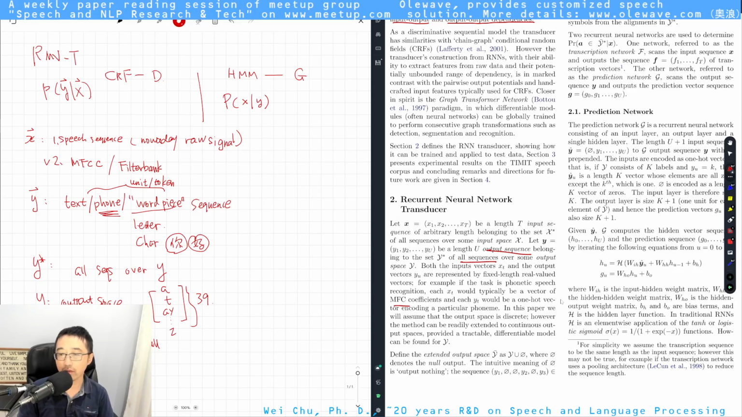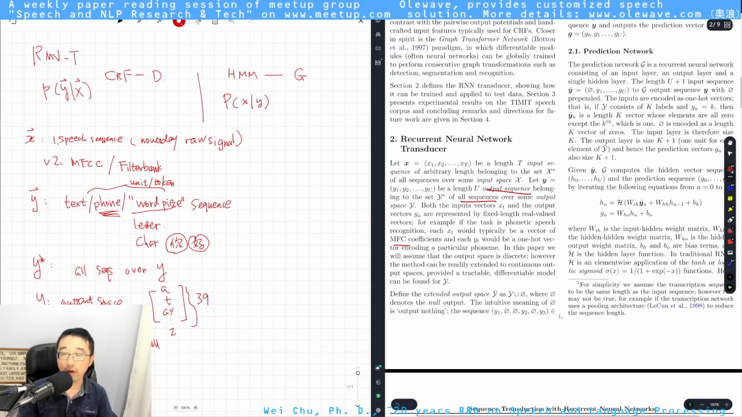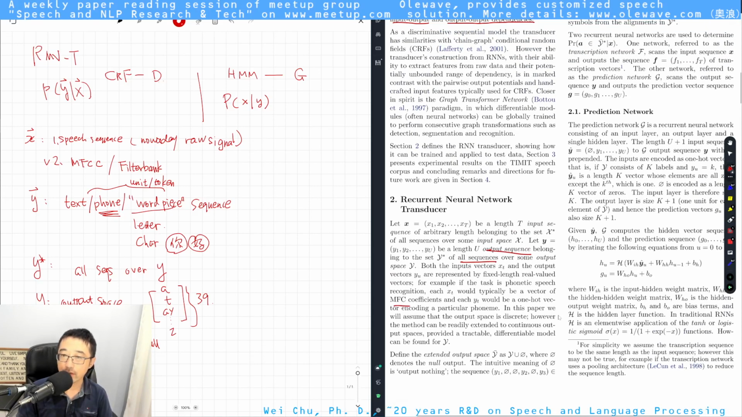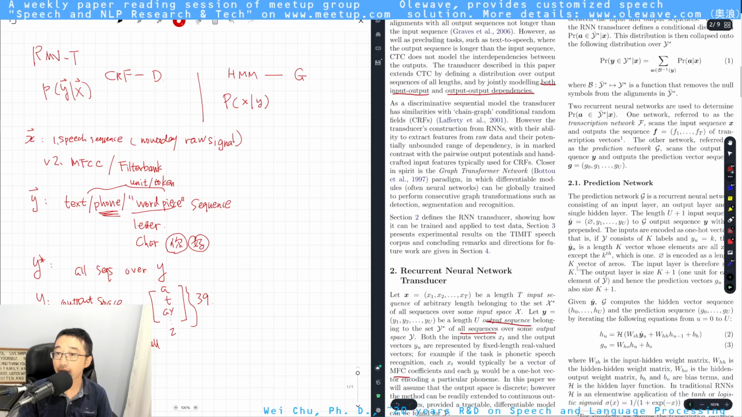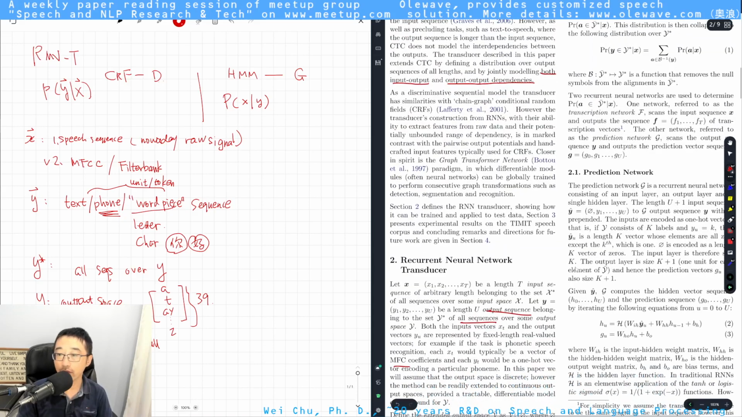And then you may ask why he wants to add this. If you are familiar with CTC, you would understand why he's doing this here. But he's definitely not trying to make the length of the